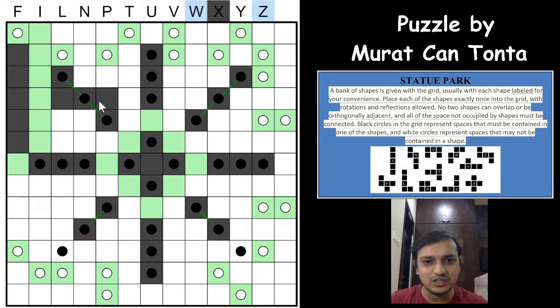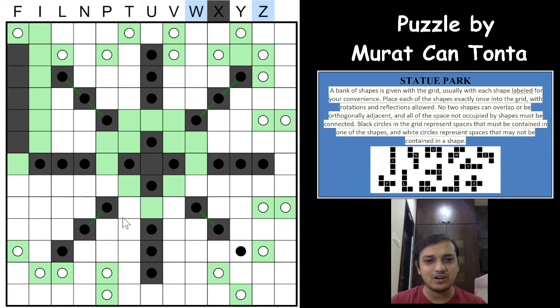Wherever this Z or W go, however way, I am not sure where it will go, but if it even goes this way, these two circles, these two cells will have to be white again, and these two cells will have to be white, right? Even this cell, right? So we are not sure where will this go. And now because of this logic, we got to know that this black circle will not be part of this black circle, because again you will form three diagonal circles which doesn't have any shape.